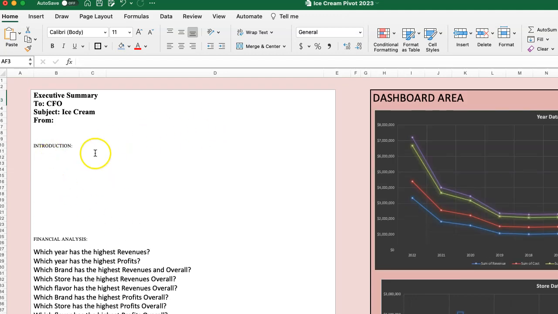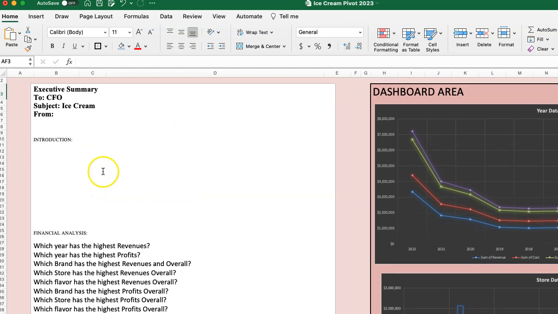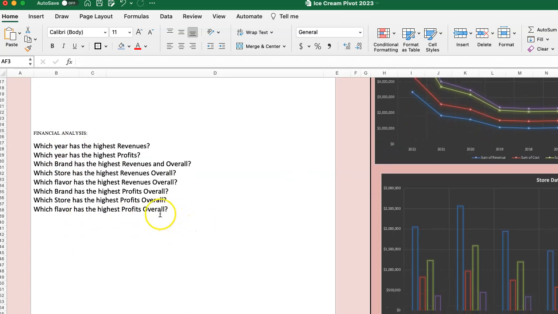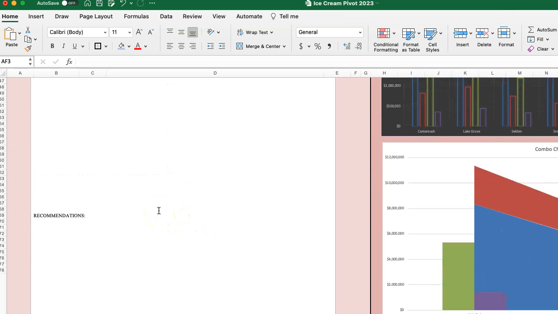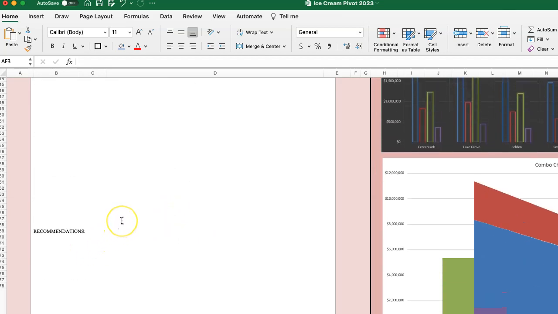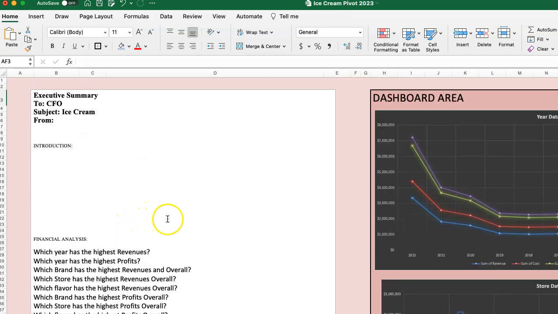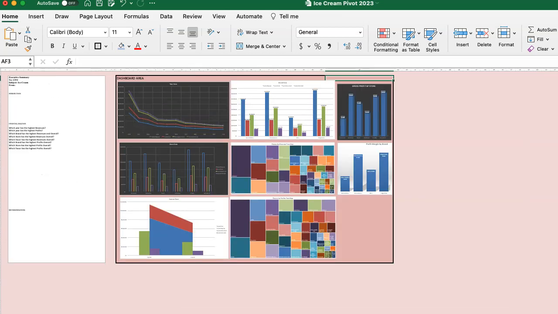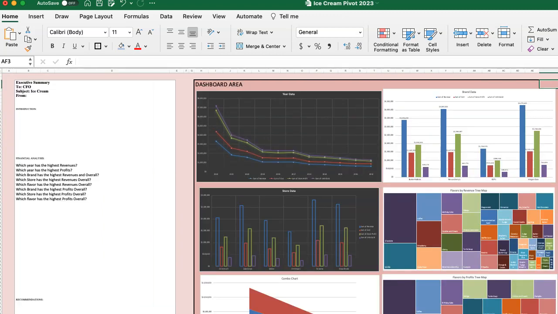So again, the introduction is just stating the obvious, what you're asked to do and how you compile the data. And here I use pivot tables. Then I want to talk about what the data is showing, which is basically just describing the charts and the pivot tables I created and the data inside of it. Then recommendations, where the company should move forward, business decisions they could make to make the company more profitable, to increase sales. So if I make this smaller, oops, not that small, you can see here that